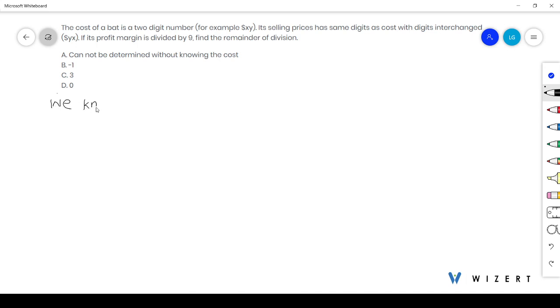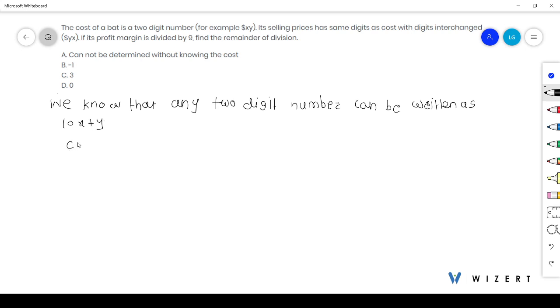We know that any 2-digit number can be written as (10x plus y). So, from the given